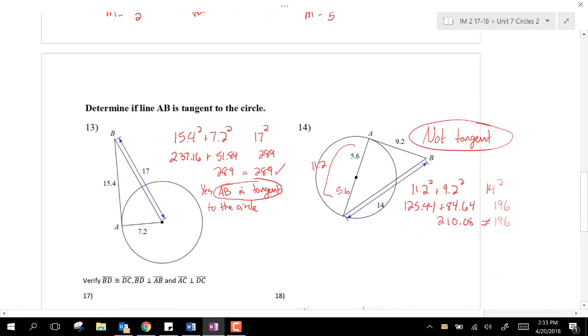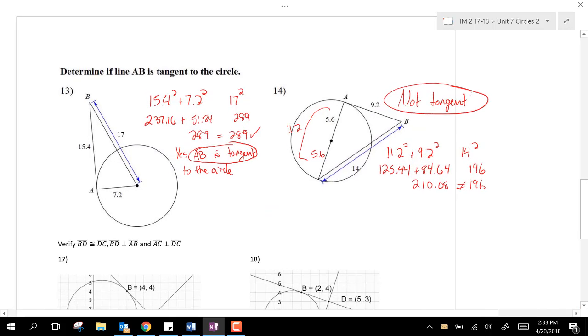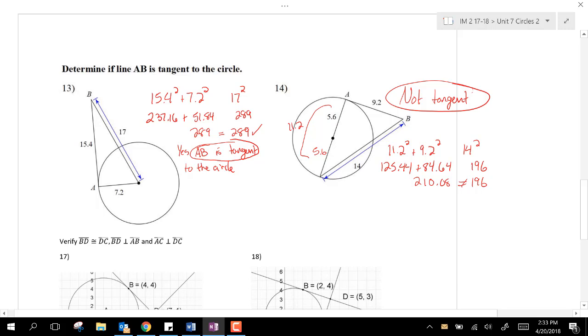Bringing back some older stuff. Determine if line AB is tangent to the circle. If it's tangent to the circle, we'll have a right angle at the point of tangency. So how do we figure this out? We use the Pythagorean theorem. 15.4 squared plus 7.2 squared, 17, that's obviously the biggest, and it's across the 90, so